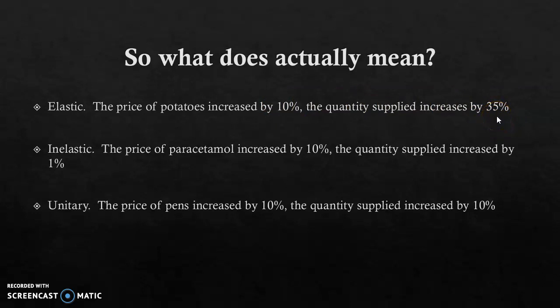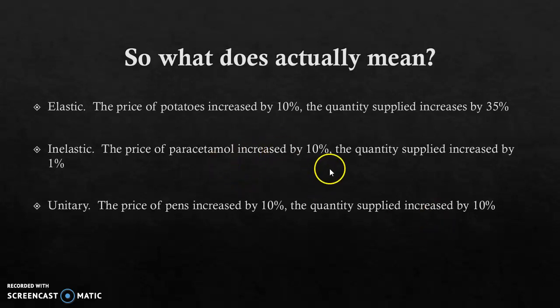Later, maybe when you come back from holidays, I might release a really old-fashioned video from the dark days of economics about bungee jumping, and kind of imagine that what we're talking about is how much give the bungee jump cord has. And so with this potatoes example, there's a huge amount of give. It stretches quite a lot. We talk about elastic bands, elasticity. So when you've got elastic supply, or PES, then the rubber band's going to give quite a lot.